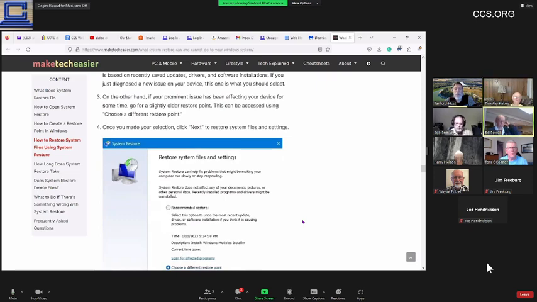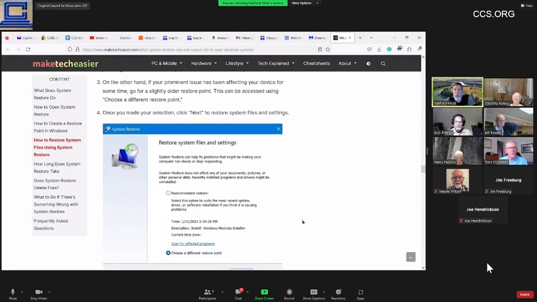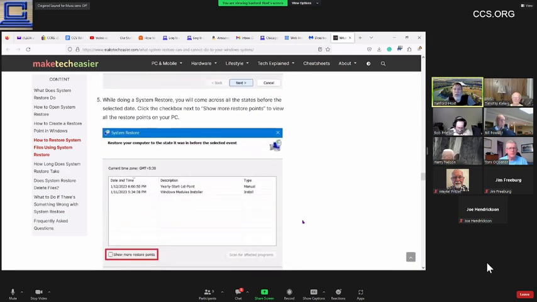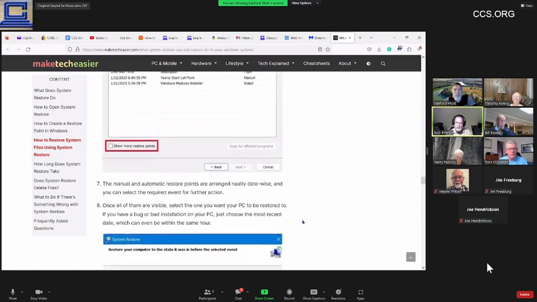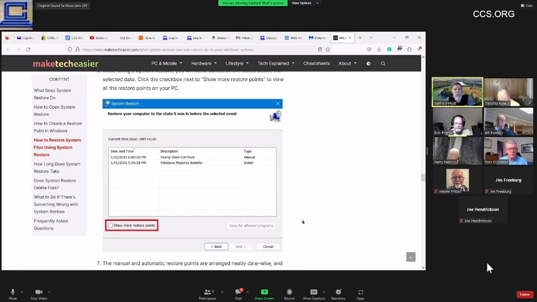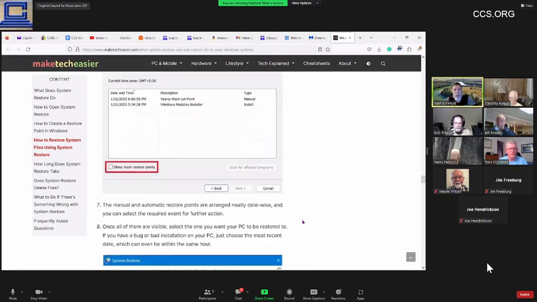All right, so it also discussed how to do a restore. You could select the date, and it walks you through the process. Is there anyone in here that's interested in this part about restoring? We might just as well walk people through how it works. Okay, well, you identify the restore point that you want to go to. You click on it. You choose next,